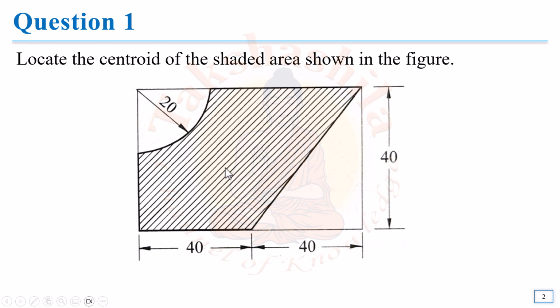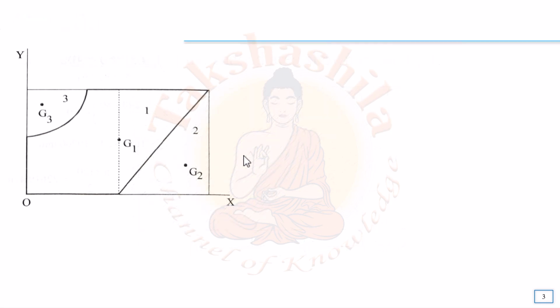And in addition to this, on the left top side, you can see that there is a quarter circle which is again cut out from this rectangle, and this quarter circle has a radius of 20 units, so that if you start from this corner, this point will be almost half the length we have at the bottom. So this is the dimension which is given for our figure. After cutting this out, we will get this shaded area, and we are supposed to find the centroid of this shaded area. So let us try to analyze this.